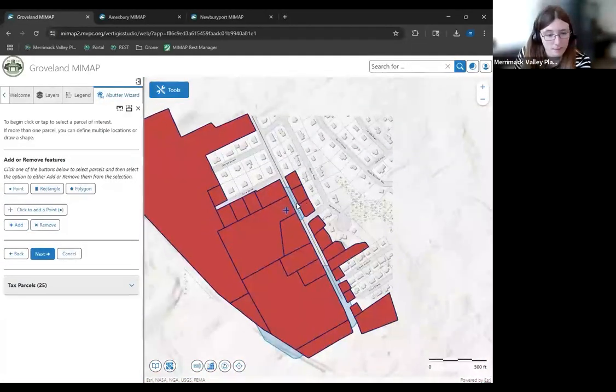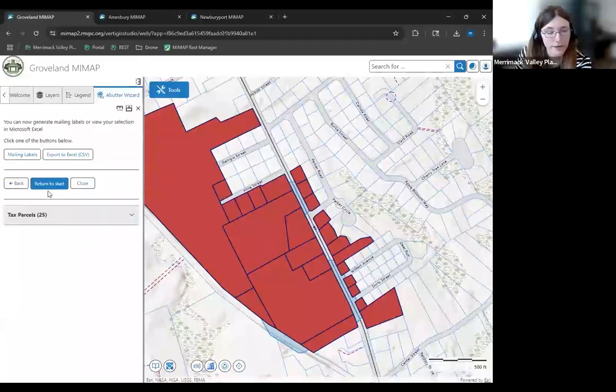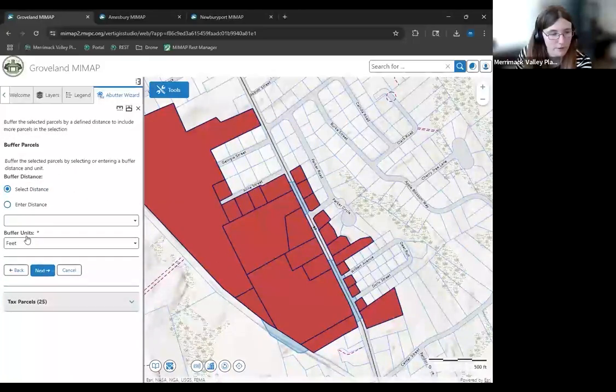Once you're satisfied with all the parcels that you have selected here, you just hit next and it brings you to your final screen where you can make your mailing labels or you can export to an Excel sheet or you can just go back and keep editing or keep going back and change your buffer. If, for instance, I decide I want to actually just do a 50-foot buffer instead, I can just,